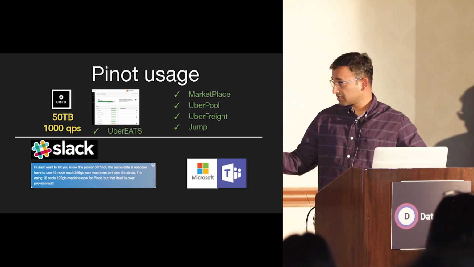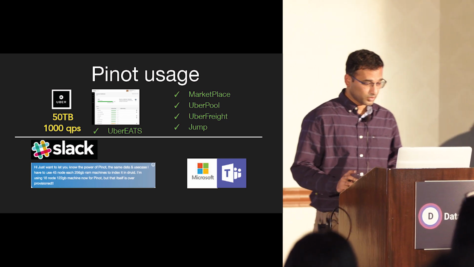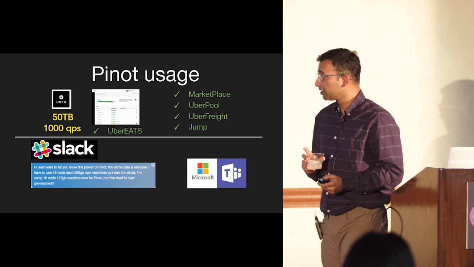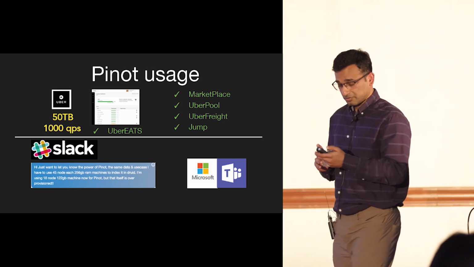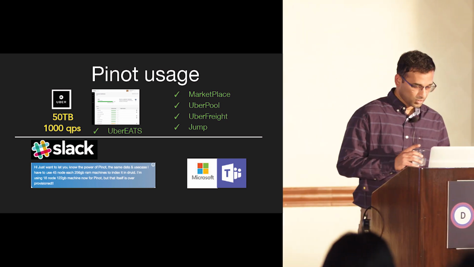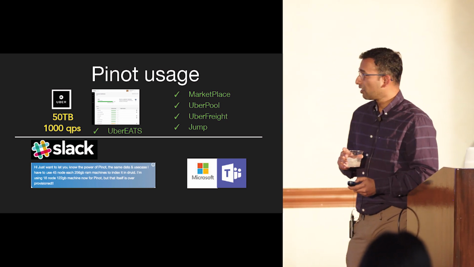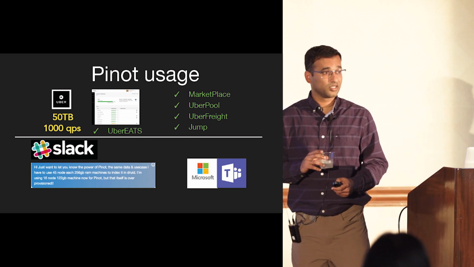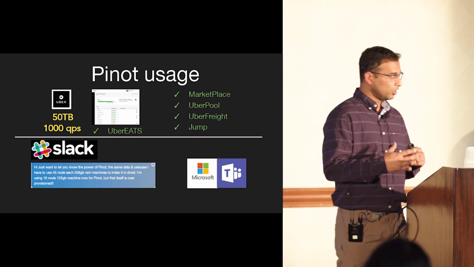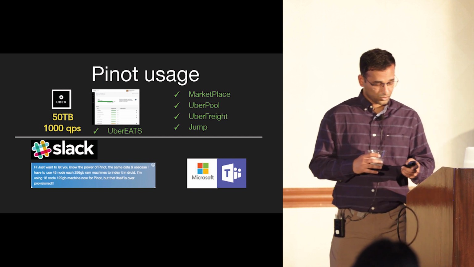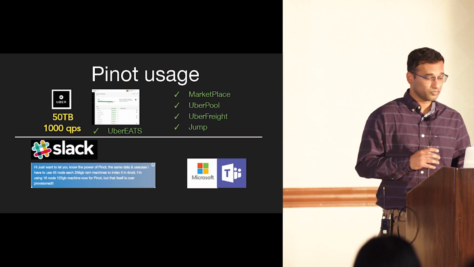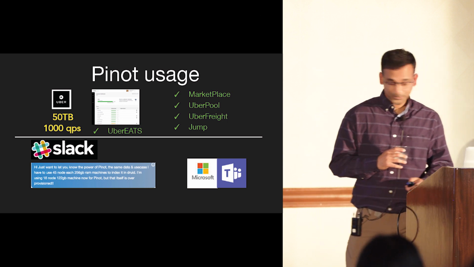The other one is Slack. Slack is one of the users as well. They were using Druid earlier. And if you look at the message from them, they basically moved from a 45 node to an 80 node cluster, and they still have a lot of capacity. That is what I was always referring to, that you can actually get a lot more out of the set of boxes that you have from Pinot than Druid. It's funny, both Slack and Microsoft Teams use Pinot.